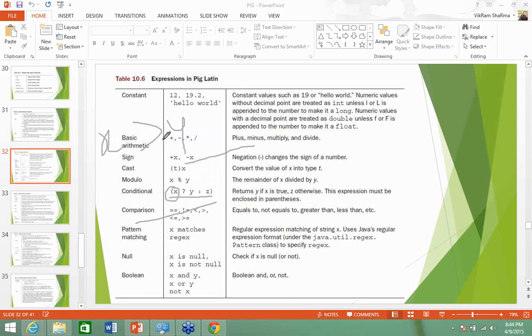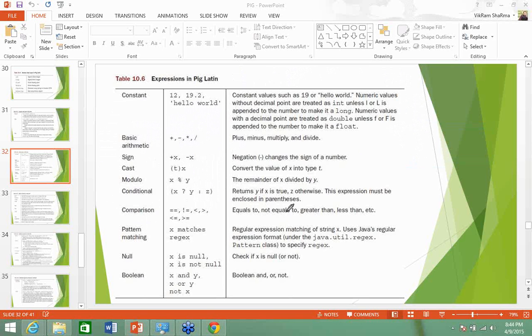So x greater than y, question mark, then true, colon, false. This means that if x is greater than y, it will return true, otherwise it will return false. This is a normal example of the conditional and how it works. Now we have certain comparison types. So for comparison, what are we going to use?